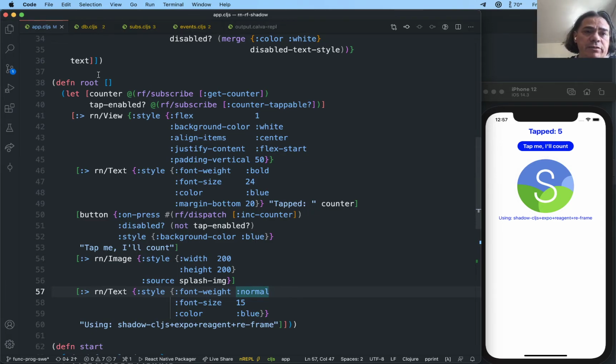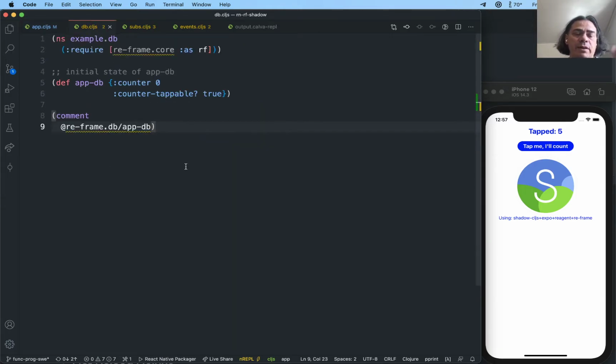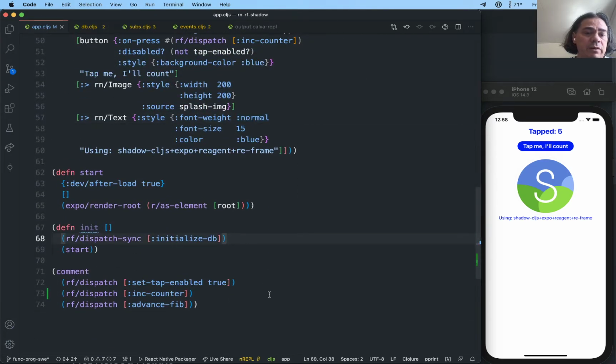This application, so re-frame is the thing that handles the state for us, and it's something modeled from the Elm state model. That's common for Elm programmers, so that's the inspiration here. And in this case you have a database. So this is the database, and it's in this case a very small Clojure map. It has a key counter which is 0, and the key counter tappable, which is true, and makes this true here. So if we initialize the database, that's what happens here at init when the app starts,